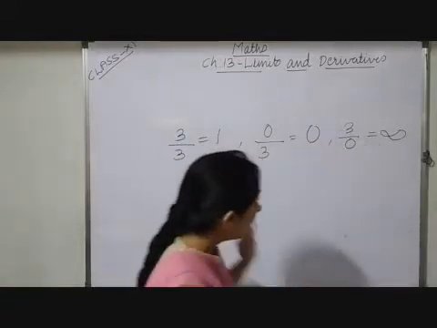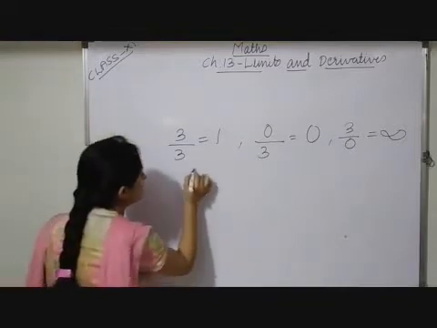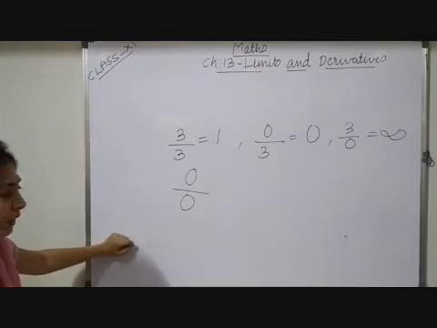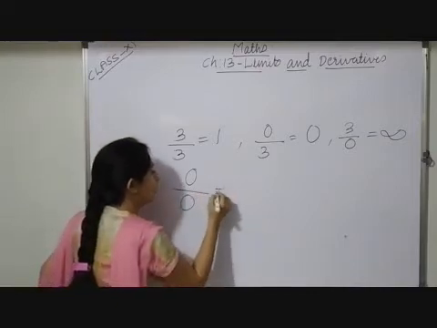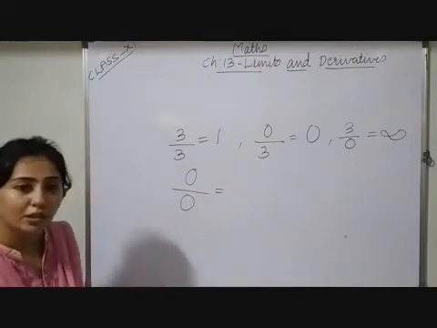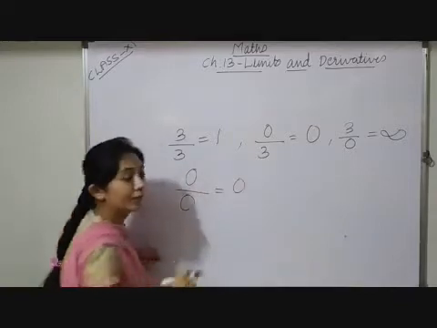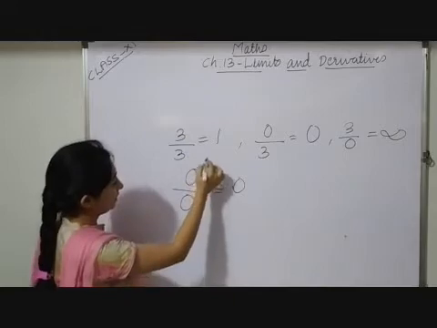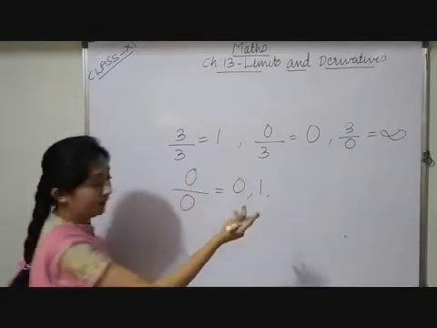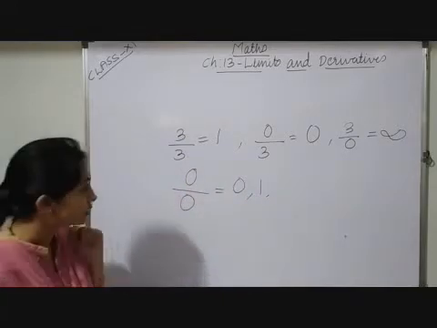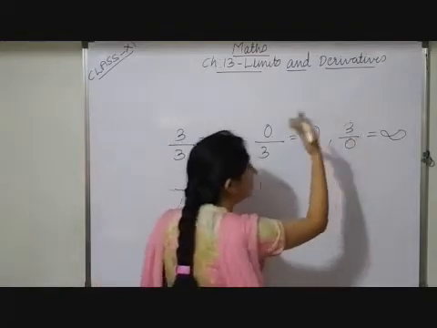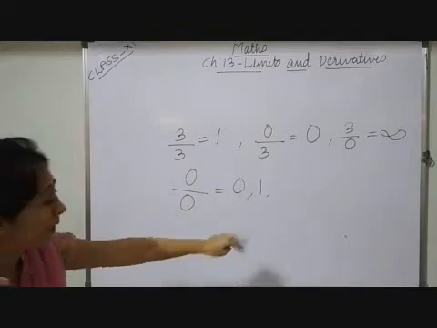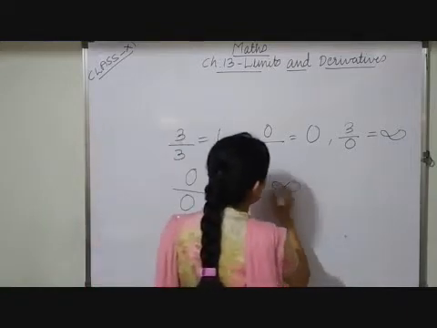Now, in place of all these forms, suppose I have 0 by 0. So what will be its answer? You may say, in the numerator we have a 0, so the answer will be 0. You can also argue like 3 1s are 3, so we can cancel out, 0 1s are 0, so its answer can be 1 also. Now see, in the numerator whatever number we have, but we have studied that if we have a 0 in the denominator, its answer is going to be infinity.